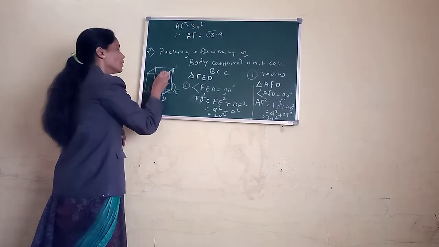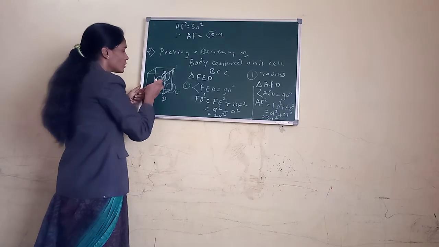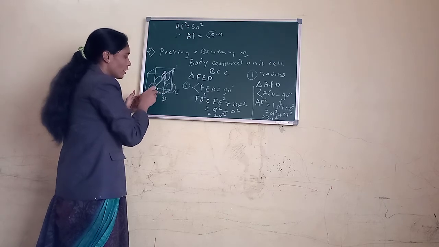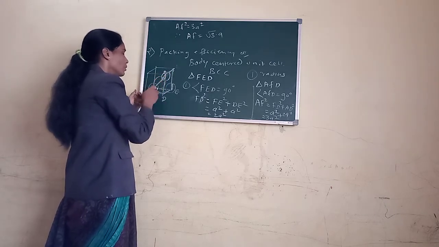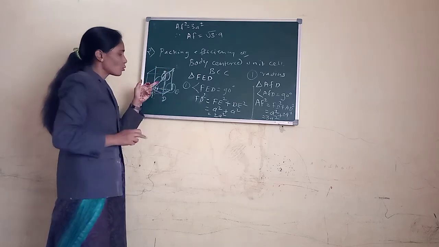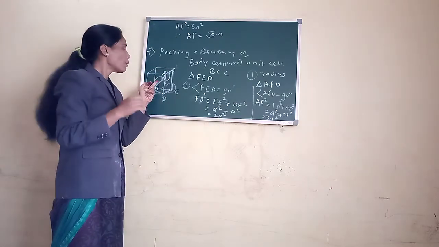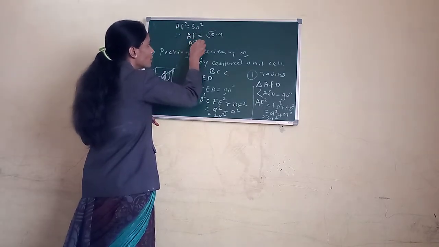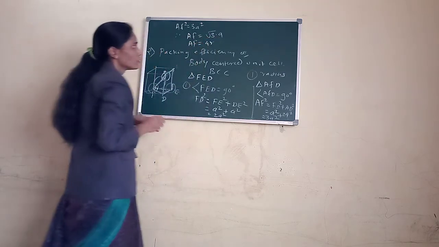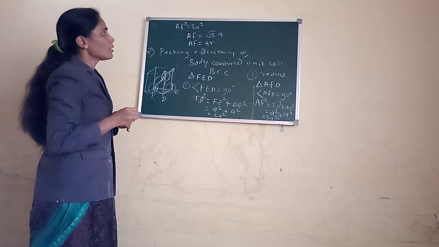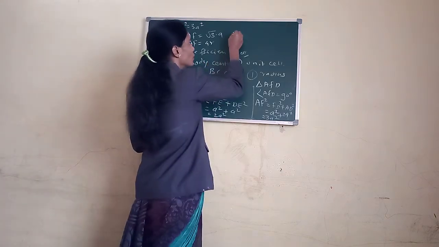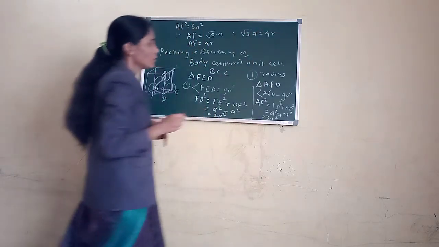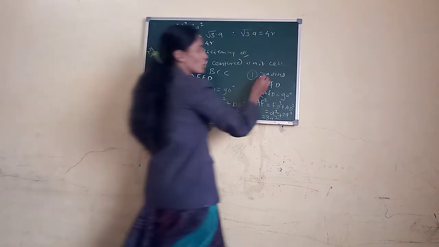The distance of AF is twice A, because FD is A and two times of this. Twice A, the half of twice A, means from the diagram here AF is equal to 4R. Both equations are equated to each other, therefore under root 3A is equal to 4R. Here we calculate the radius of the sphere.